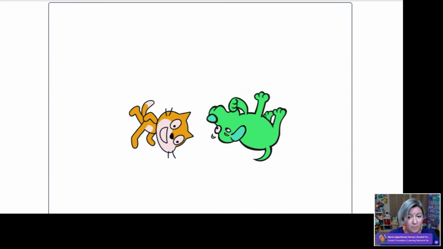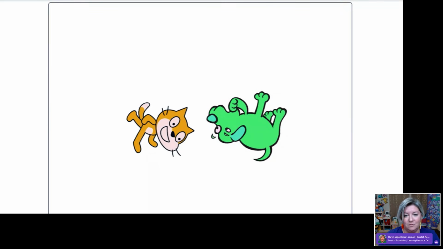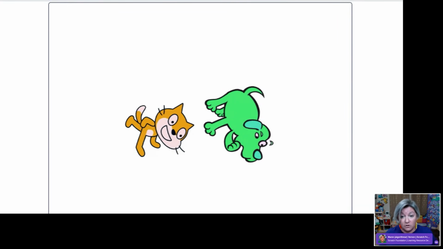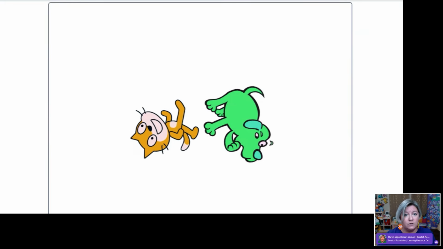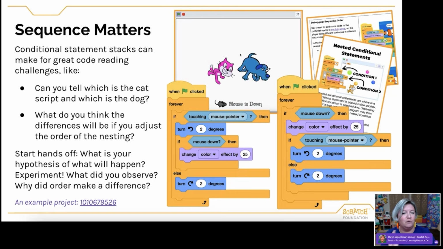So let's do it on the screen. And sorry for the flashing lights. I hope this isn't bothering anyone who's photosensitive. You can definitely slow this down if that is the case with folks. But this is just one example. You could use sounds instead of color changes. If you do have photosensitive viewers, you could use a host of things in order to bring these points home. It's just this example of we're using the exact same blocks, but depending on that nesting order, it can have these dramatically different effects. And I think that is a really fun debugging experiment that I love to do. And it's a goofy way of exploring these topics, right? And so you can create all sorts of fun challenges based on things like that.